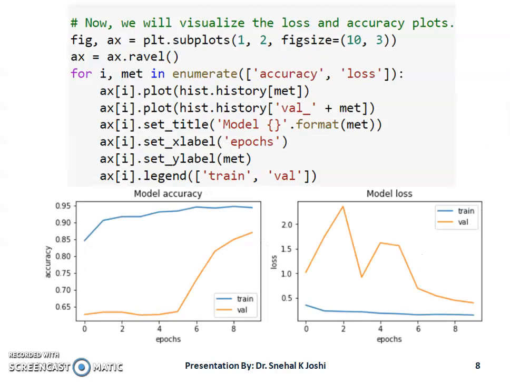We visualize the loss and accuracy using plots. Here we have two plots. The first one shows the model accuracy, where the blue line shows the training set accuracy for each epoch, and the orange line shows the validation or testing data set accuracy. We can see that the accuracy increases with each epoch. However, the increase of accuracy in the training data set is marginal from epoch number 6.